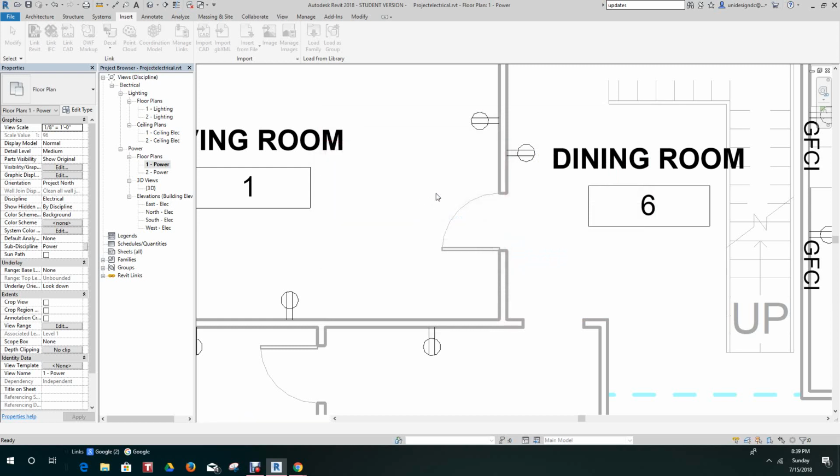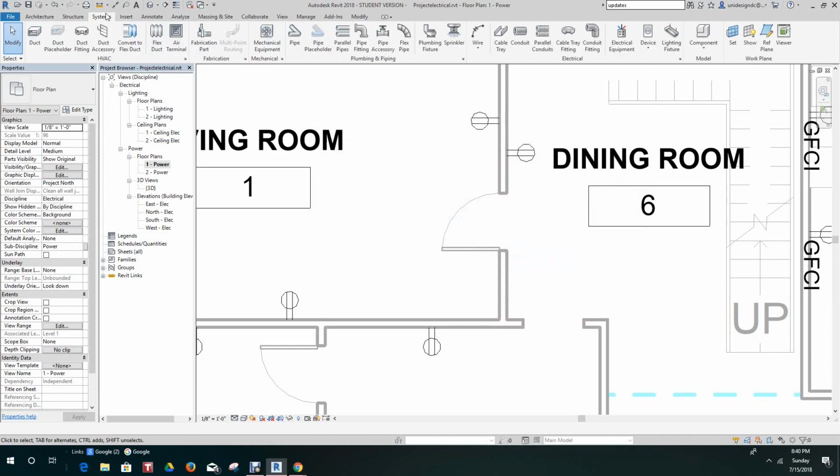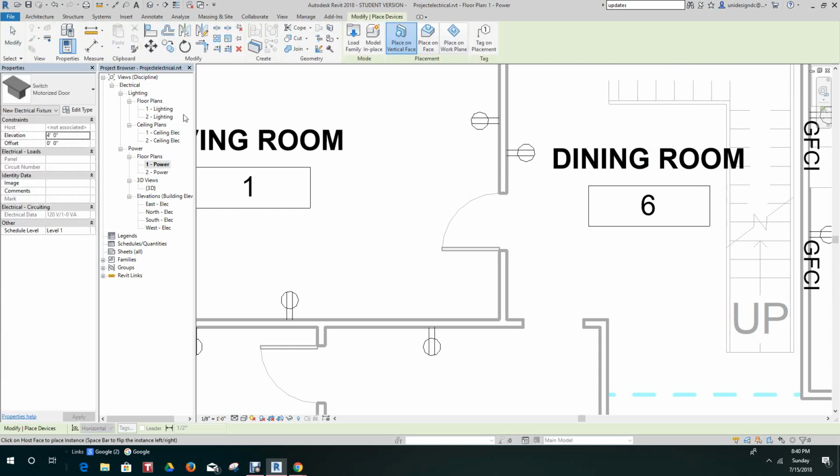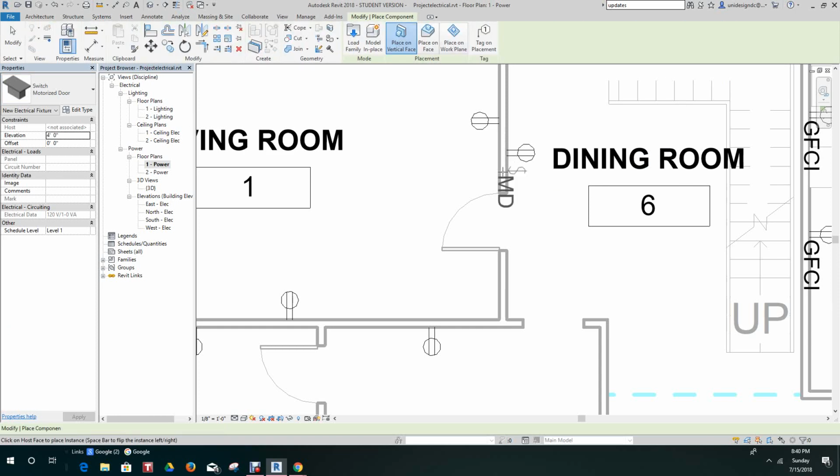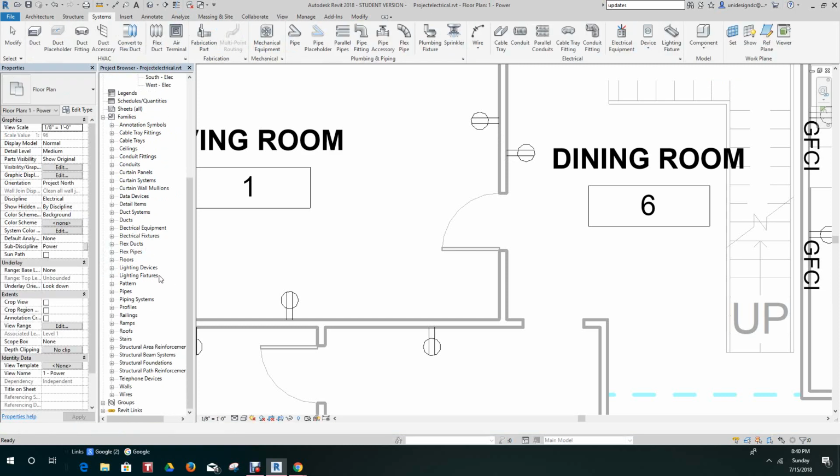And we had one already in the project. Oh, but I didn't find it, so we go back here to systems, and we'll place our switch. Okay. Well, if all fails, we'll just do this. Let's try system component. Place component. Still there. So go back down to here, to all our families.